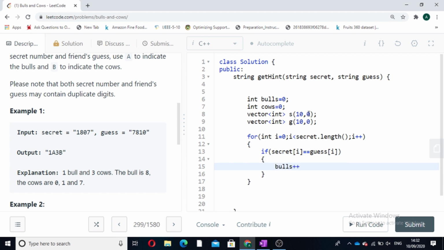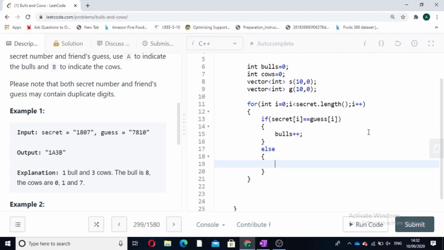So we will increment our bulls variable, and when the characters are not equal, then we will update the frequency vector with s[secret[i] - '0']++. This is done because secret[i] is a character and we have to convert it into an integer for accessing the vectors s and g. Now similarly in g also we will update the frequency of the guess string, g[guess[i] - '0']++.